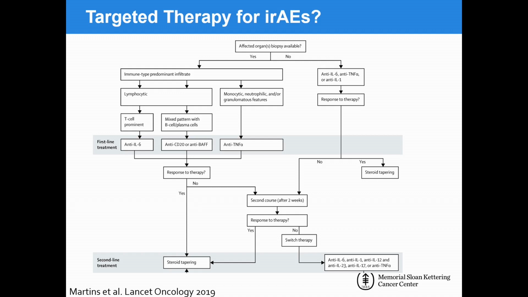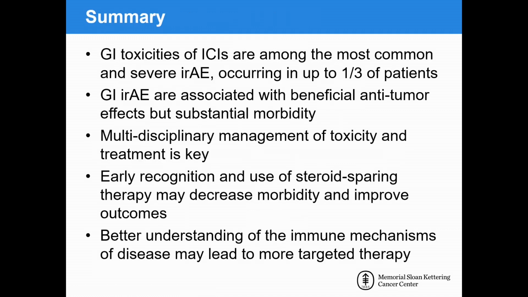We're a little bit of ways from doing this. Even in inflammatory bowel disease, we don't really have any great prognostic markers about who's going to respond to which therapy. But thinking about it, maybe there is a difference between a lymphocytic infiltrate and a monocytic infiltrate, and maybe this should dictate what drugs we choose and how we order them, and maybe bypass some of the non-specific drugs that we're giving with potentially off-target effects.